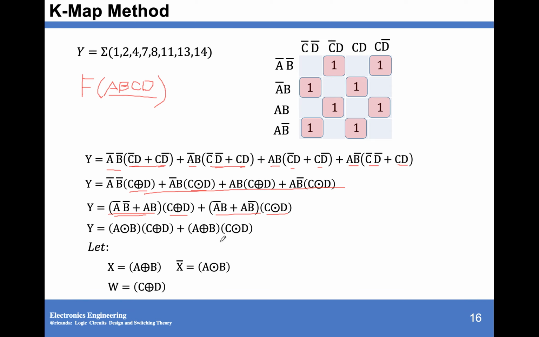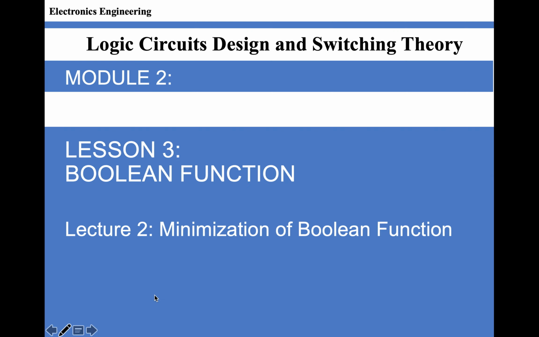And if we let W be C XOR D, then your W bar is C XNOR D. So we can rewrite that one as X bar W or X W bar, and this is another expression of an XOR. But remember, your X is E XOR B, and your W is C XOR D. Therefore, your Y is equivalent to E XOR B XOR C XOR D. And that's all for our lecture number